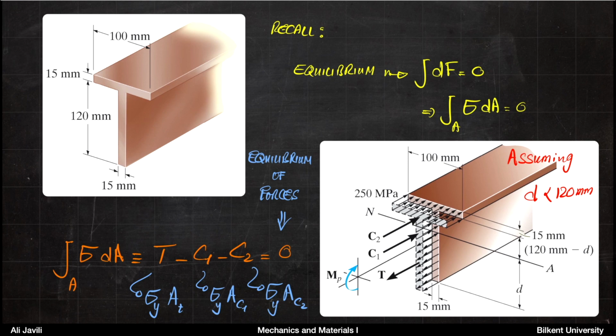So the equilibrium equation that we had still holds. So it's still the integral of forces is 0 and the integral of forces is the integral of stress dA. The difference though is now